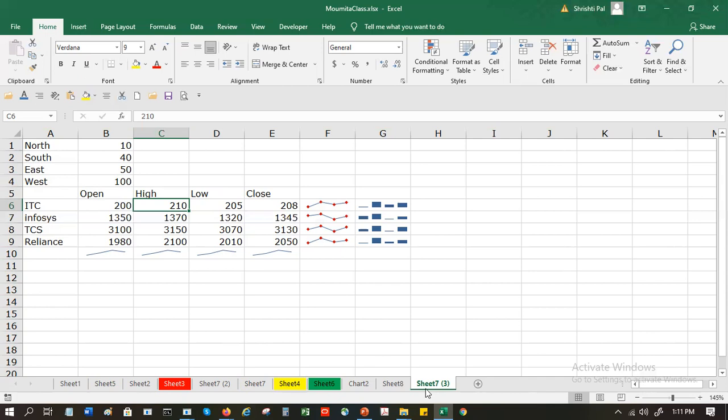If I create a new copy, it will create a copy of the same sheet with the same name, but within brackets it will differentiate with a number: 1, 2, 3. Okay. Understood.